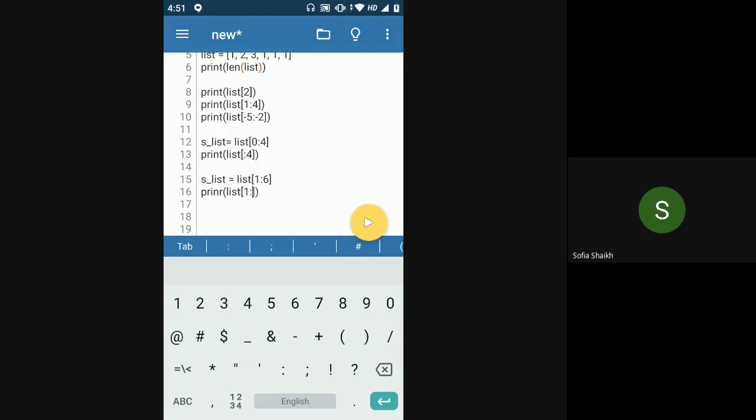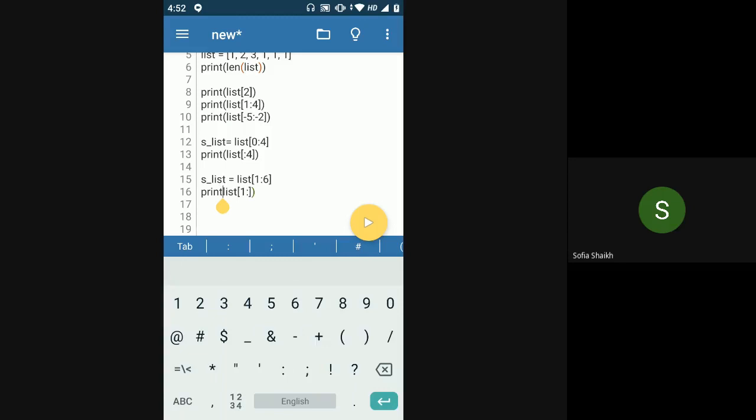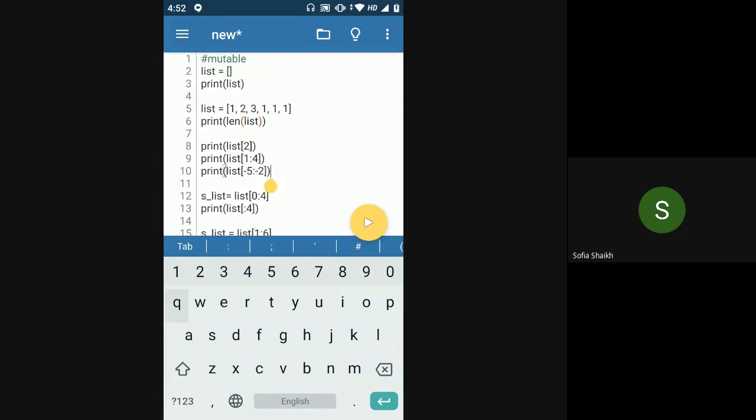If you put the starting index as empty, like in line number 13, Python will go to the extreme of that list on the left side, which means it will start from the first element itself. And if you leave the ending index empty, then Python will go till the end of the list. So this one colon and nothing, this line number 16, should print 2, 3, 1, 1, 1, which it does. Is this clear?